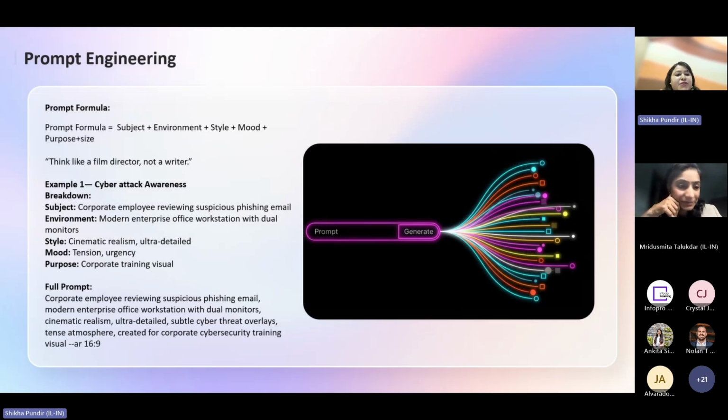Okay, moving to the prompt engineering part. This is the hottest and very demanding topic these days because without this, we can't use AI tools. Ultimately, AI tools work on prompts. So my go-to formula for generating any prompt is subject, environment, style, mood, purpose, and the size. So it helps create a